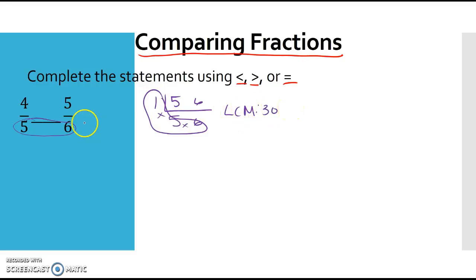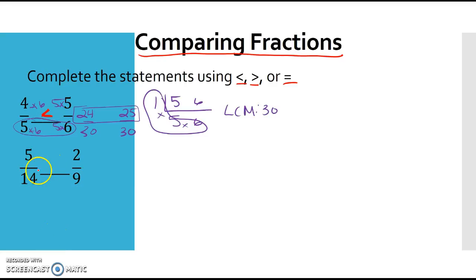And we're going to rewrite these fractions with the denominator of 30. So 5 times 6 was 30. 4 times 6 is 24. 6 times 5 was 30. 5 times 5 is 25. So now we're comparing our numerators here. 24 is less than 25. So we can fill in that blank space with a less than symbol. So our second example,